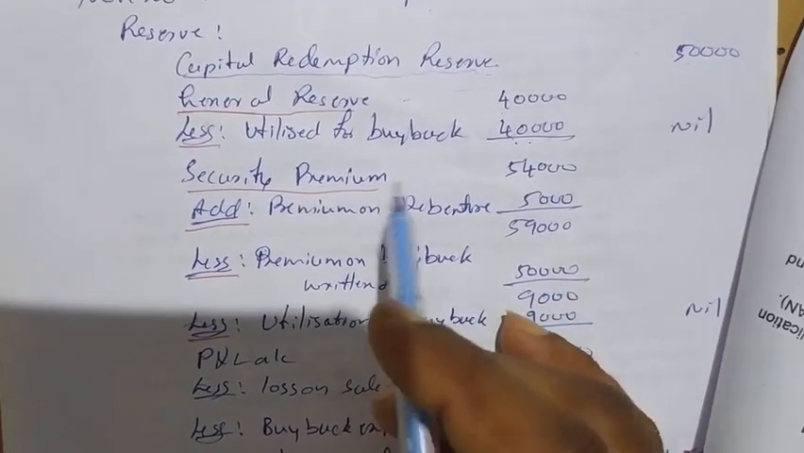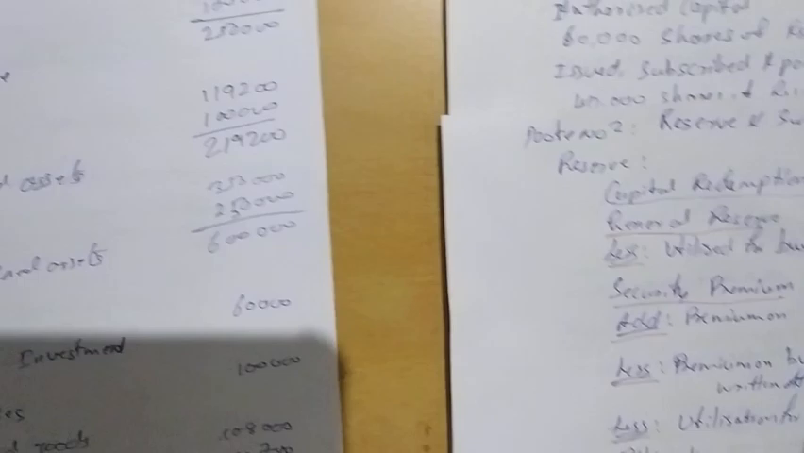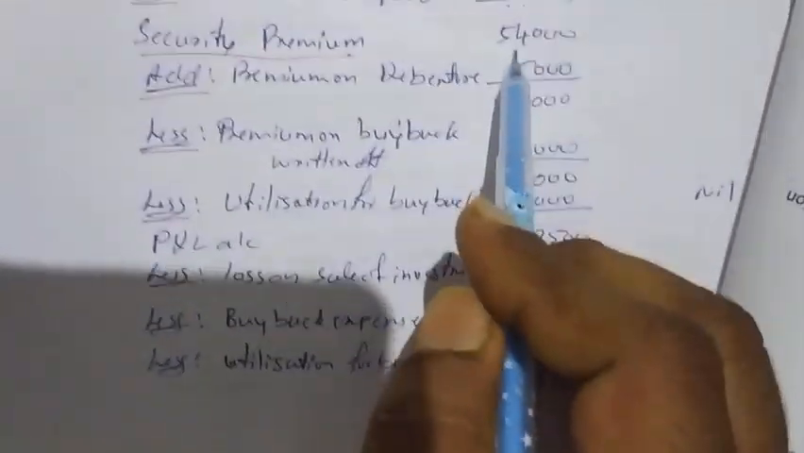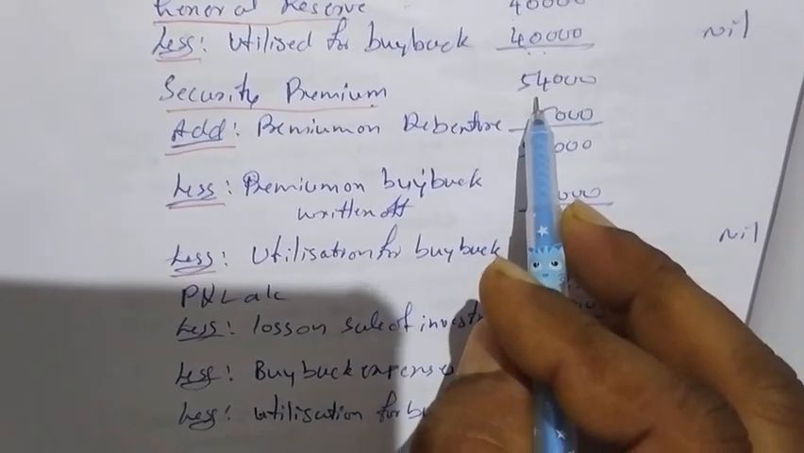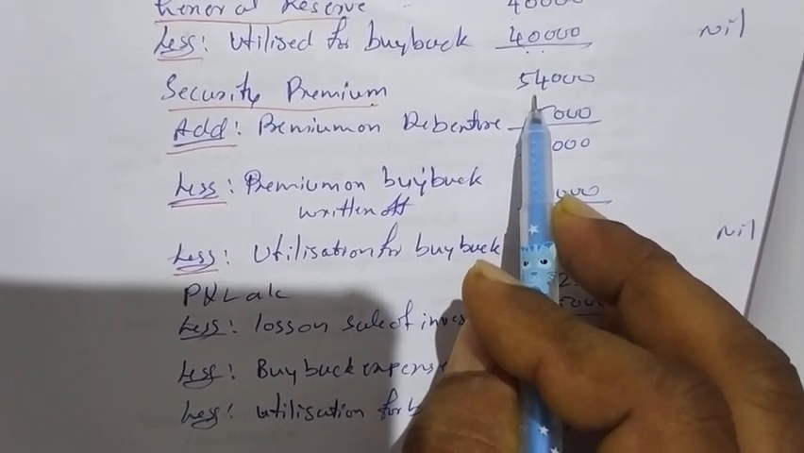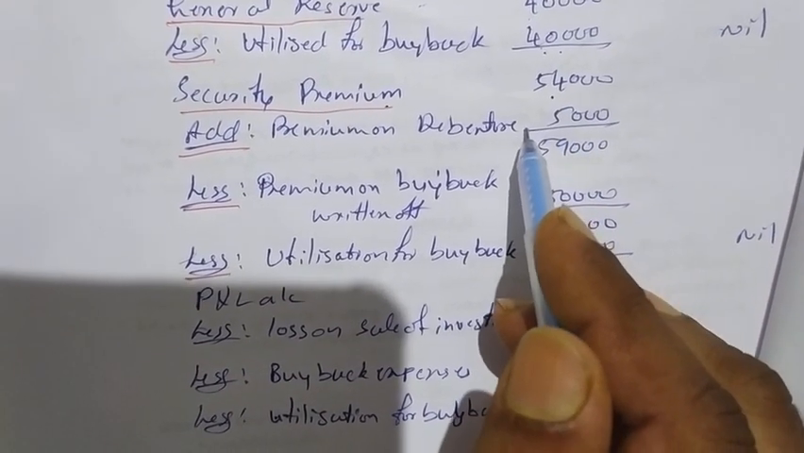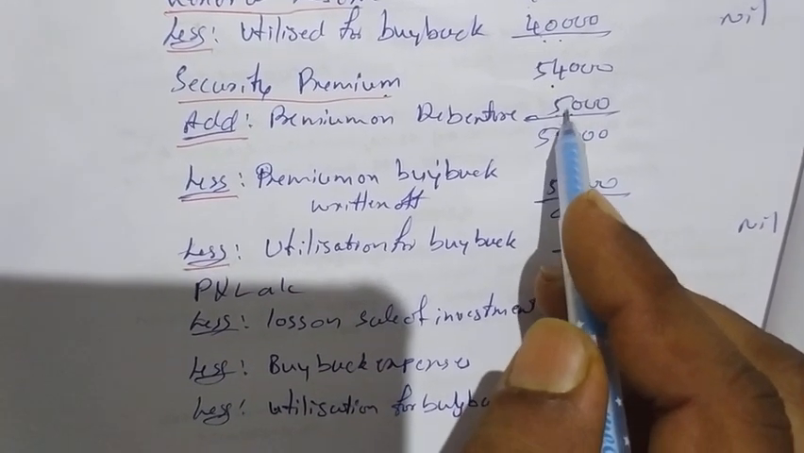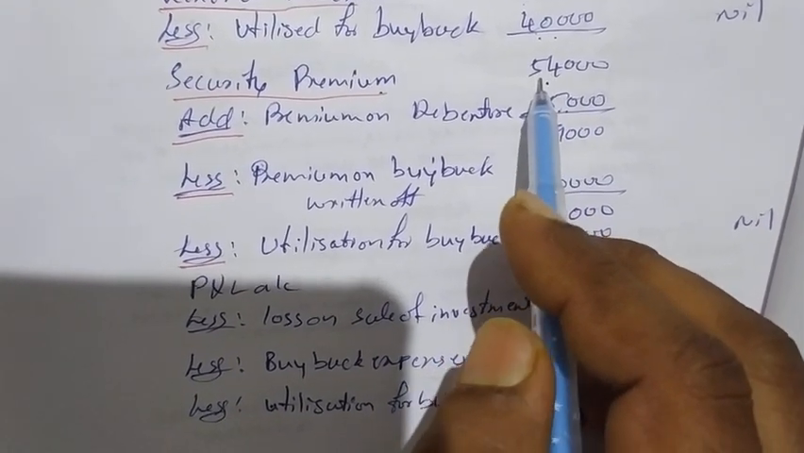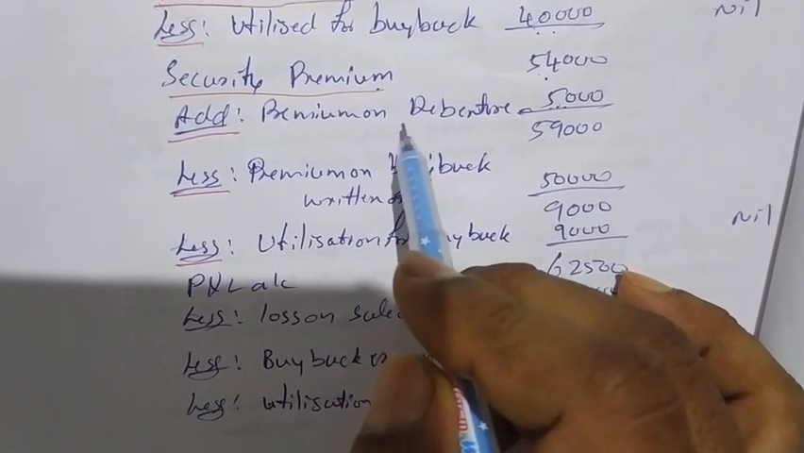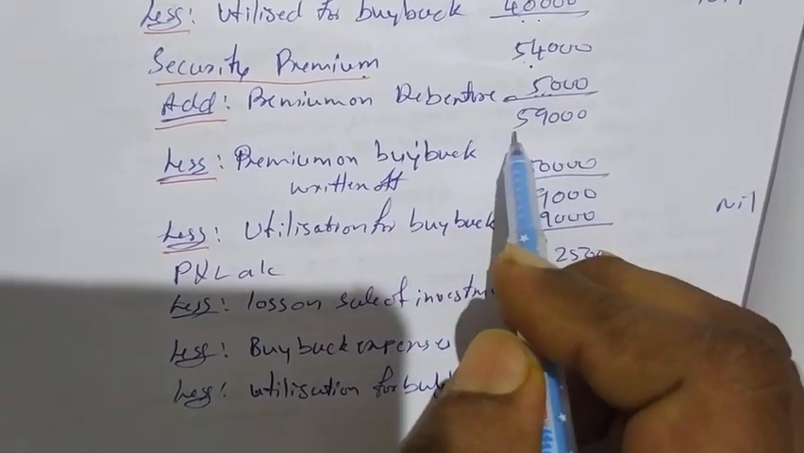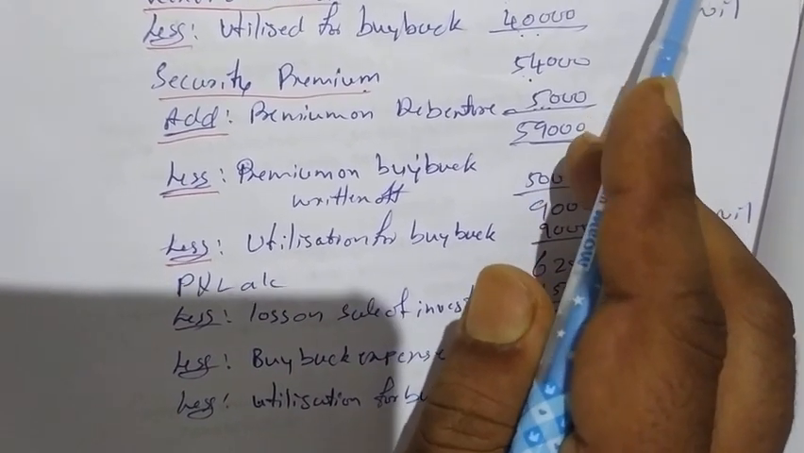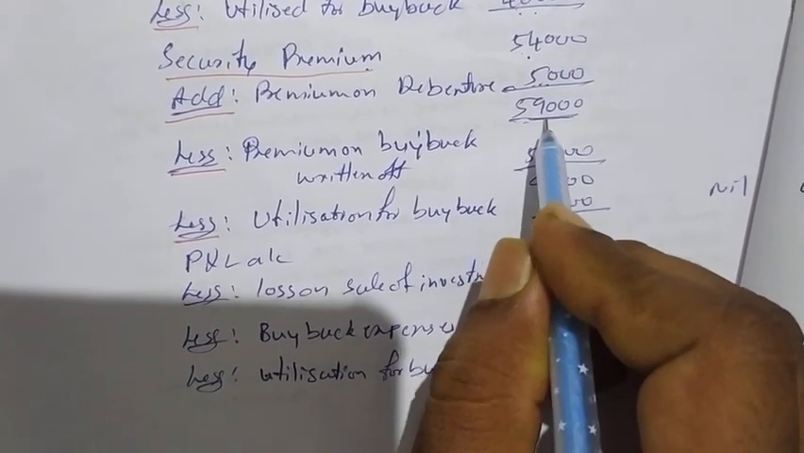So next come to the security premium. In the earlier balance sheet, the security premium was 54,000 rupees. Now we have issued debentures of 50,000 rupees with a 10% premium, which means we are getting 5,000 rupees premium extra. So add that to the earlier security premium: 54,000 plus premium on issue of new debentures 5,000, total 59,000. We need 10,000 for capital redemption reserve here. So from this 59,000